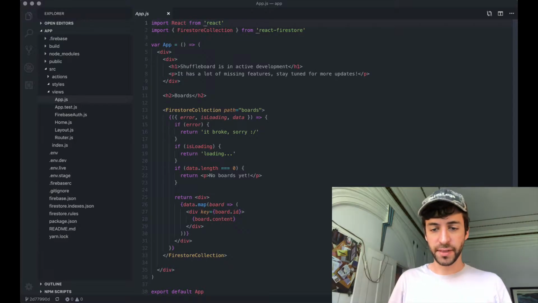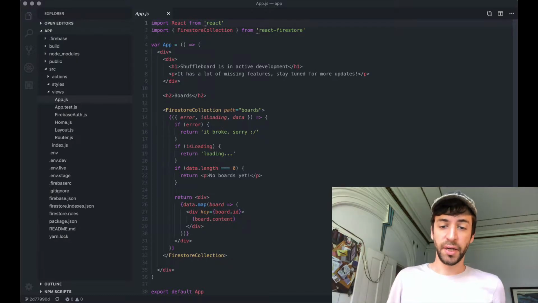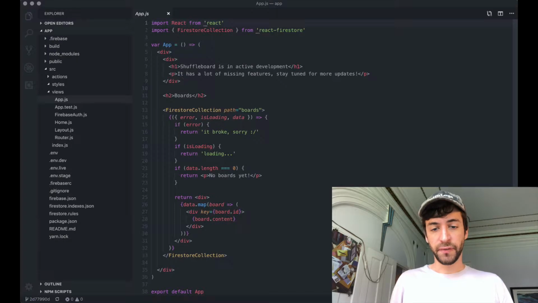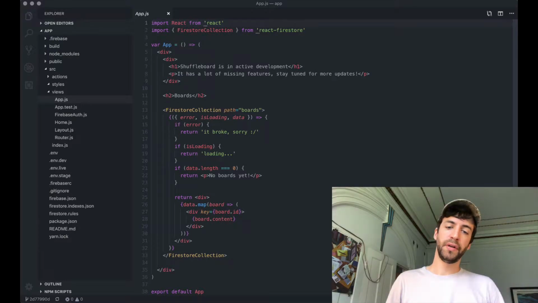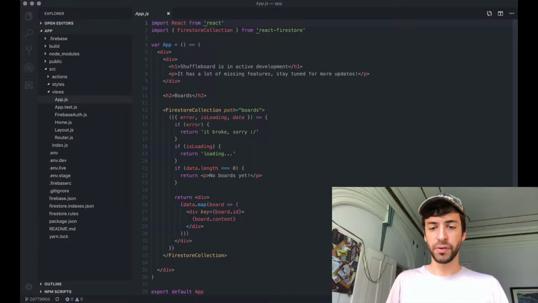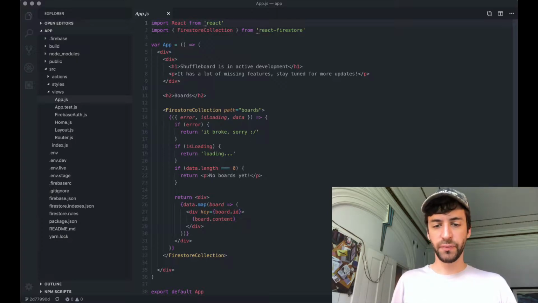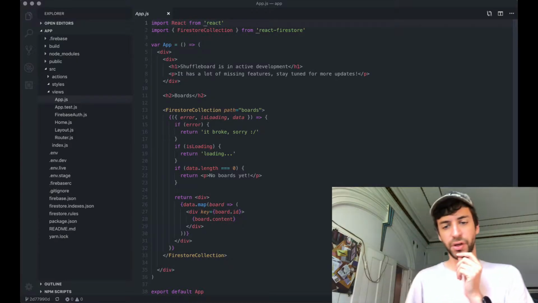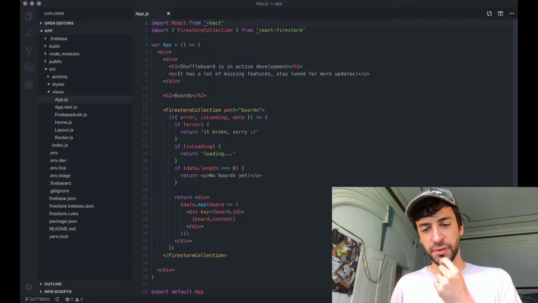There's nothing to show. And if it's not, we could just use the same thing here, but then it would just show literally nothing. It would be confusing. If there's something here, we're going to return another div. And in that div, for each of this data, go through it, and there's going to be a board for each one, and we're going to show a div with the key as a board ID. That's a React thing. You need to show a key attribute every time you map through something. And then internal link,